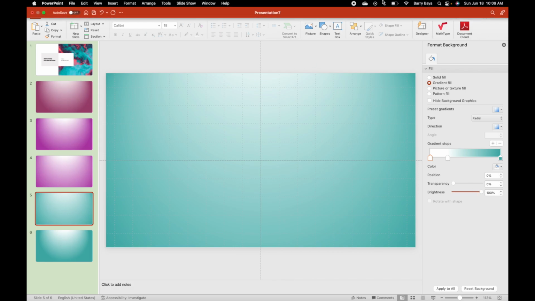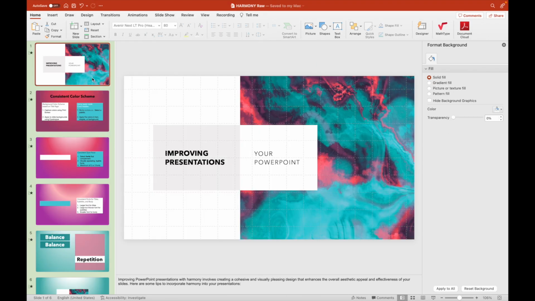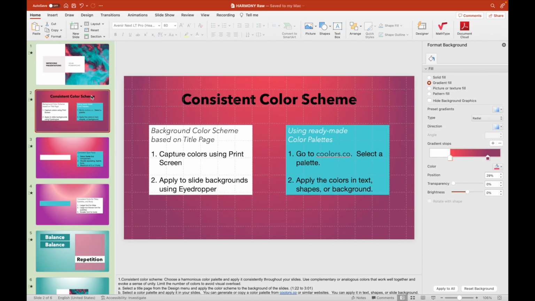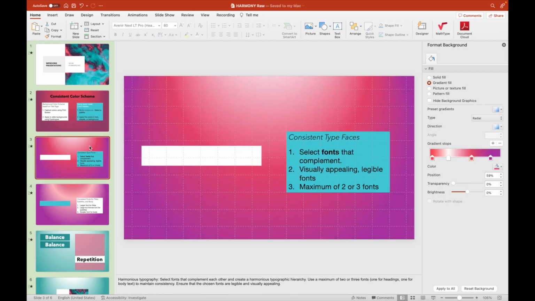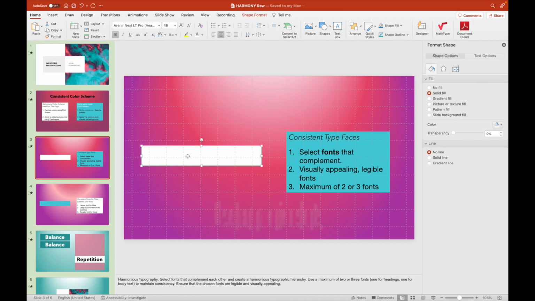Let's make a mock-up PowerPoint presentation. I added some text in the second slide. Let's add some text to the third slide as well. Another way to improve the PowerPoint presentation is to